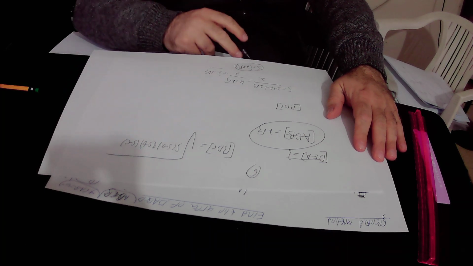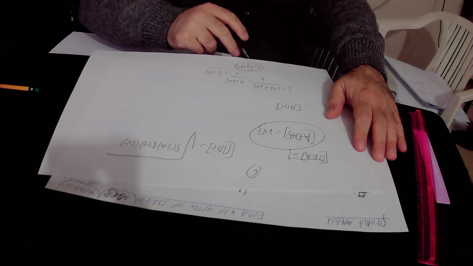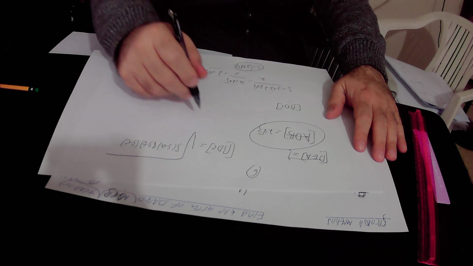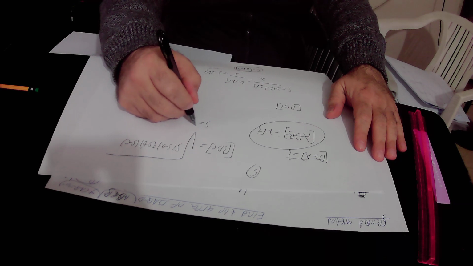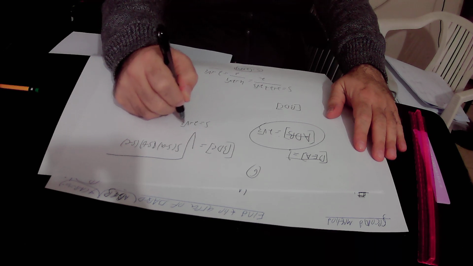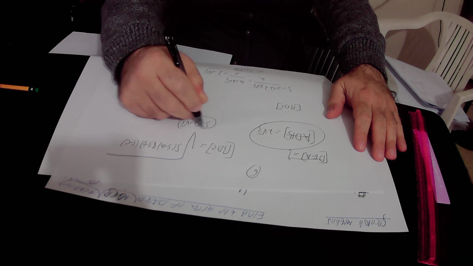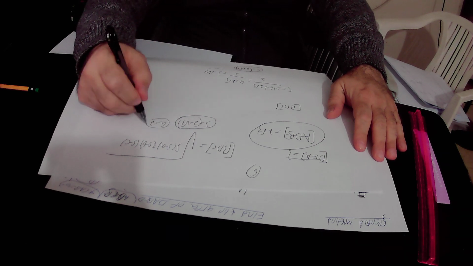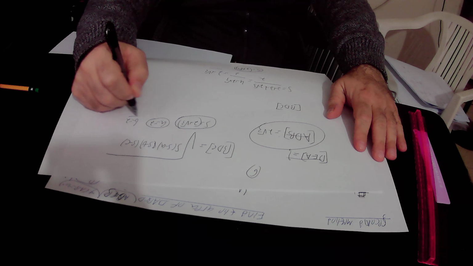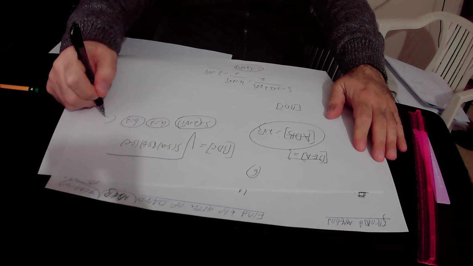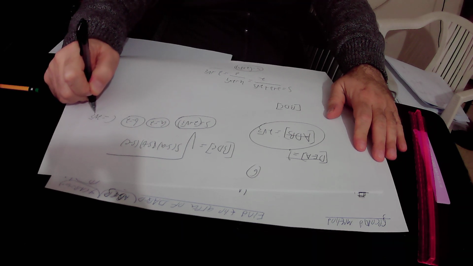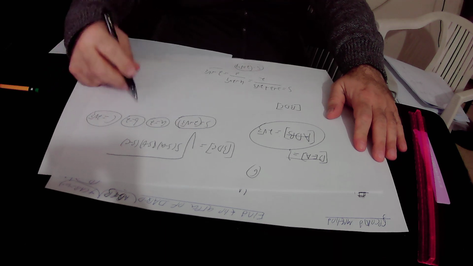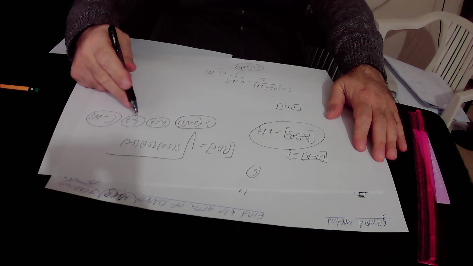S is the semi-perimeter that we already found out, S equals 2 plus square root of 3 units. We know that A equals 2 units, B equals 2 units, and C equals 2 times square root of 3 units. So we will put the data inside this equation and we will find out the area